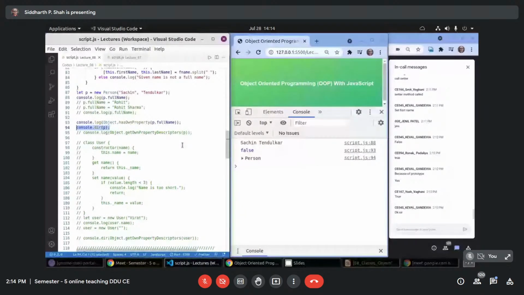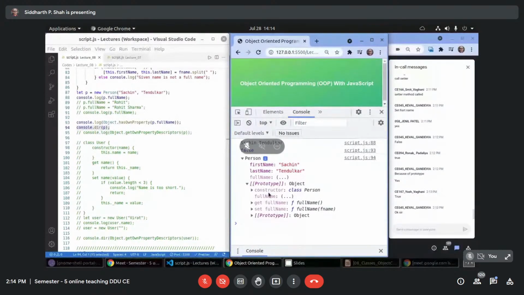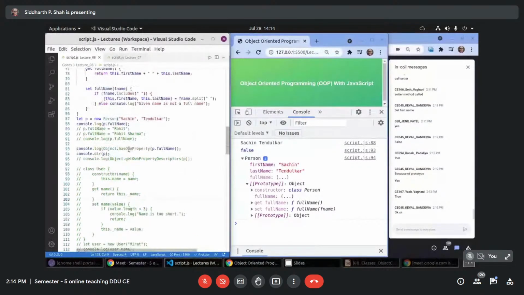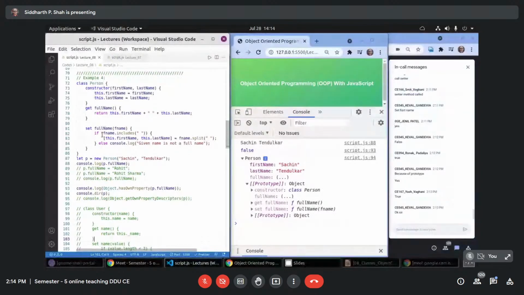So it shows false because full name, though it is shown here, is defined because of the getter and setter. That is why full name is defined. And getter and setter are methods. That's why this is a property from the prototype. It is part of the prototype.